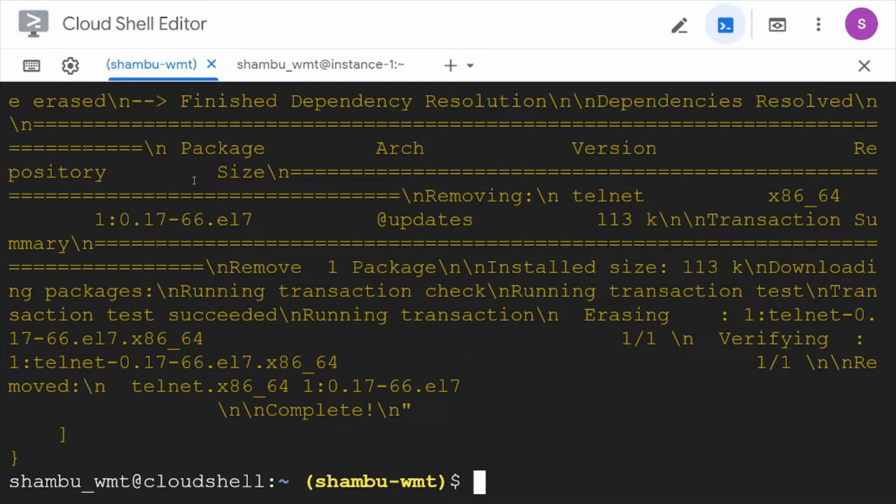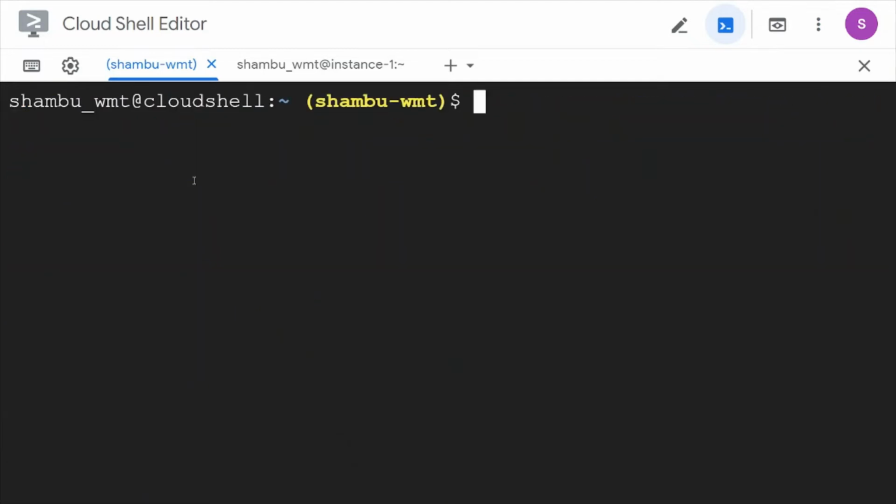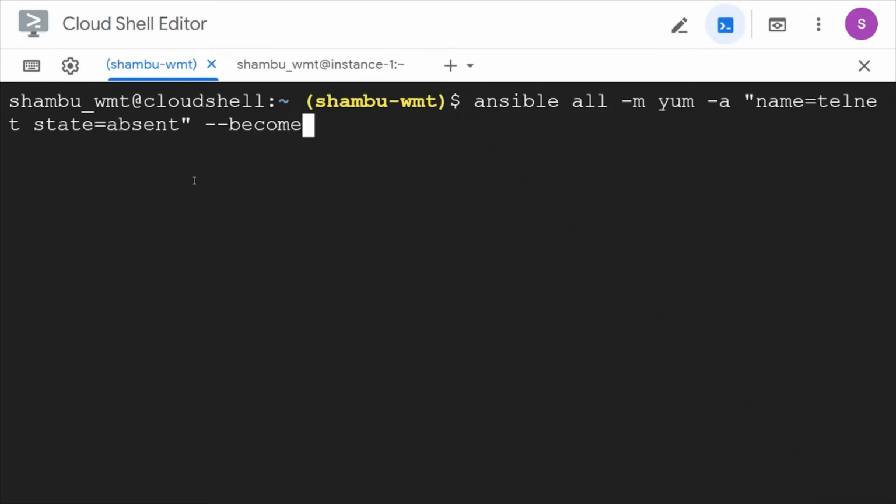And the other commands we used to do: let's install a package and see, let's install httpd. I will change the state to latest and change the name to httpd, so that we can see how we can manage the services, how we can start the service, stop the service. Those things we can do with the service module.